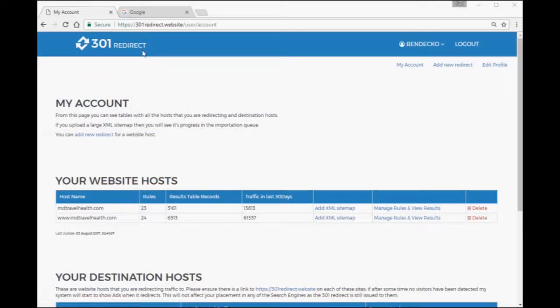Okay, I'm going to show you how powerful the 301 redirect website is in terms of redirecting pages from your old site to your new site, particularly when the site structure may change. So here are the two hosts that I have for the site that I bought, and we can see some statistics here. But once you've added it, you go to add new redirect, and I'll show you that in another video. But basically, once you've imported the site structure, or it's been running for a few days, then you'll see